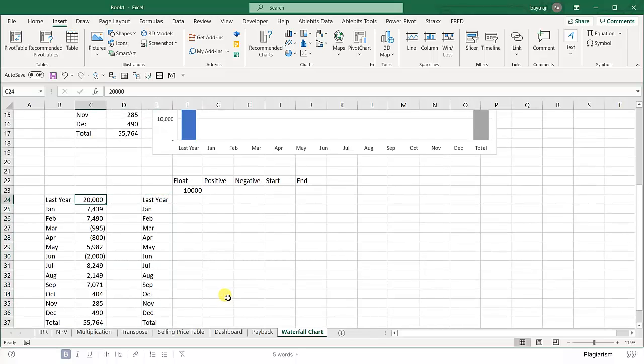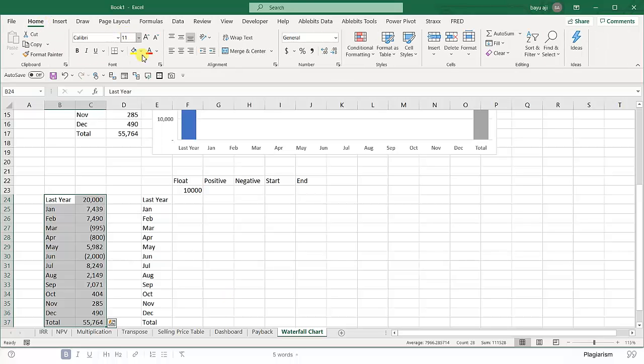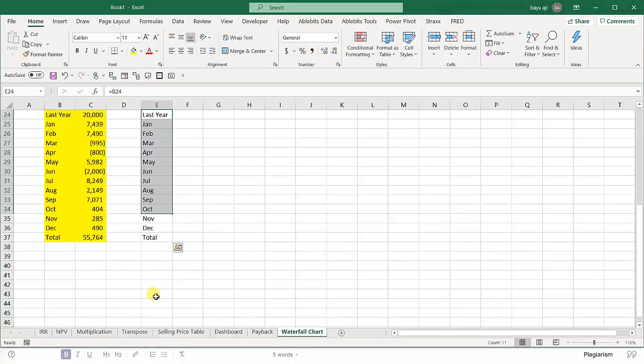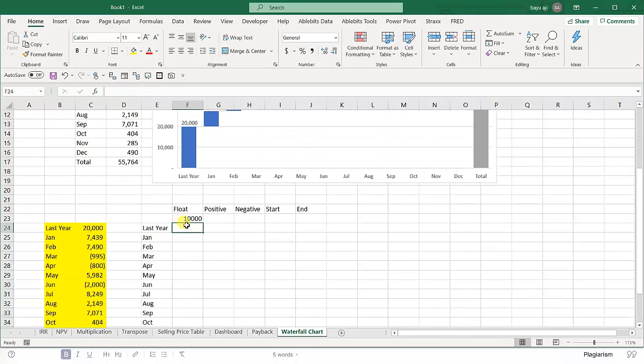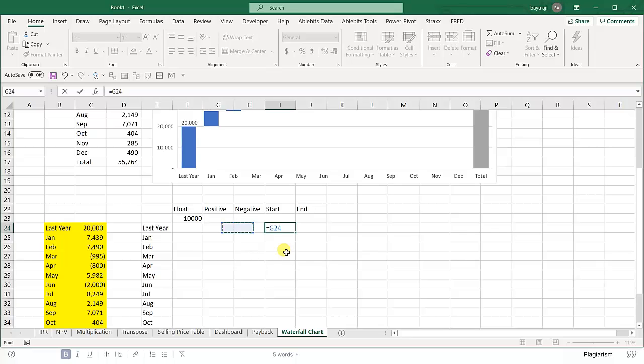So this is the plan, this is the data. Okay, this is the data. I highlighted it with the yellow cell, and then this is the template. Okay, and then for the last year you put as start. Put here last year, sorry, we put the number of last year here